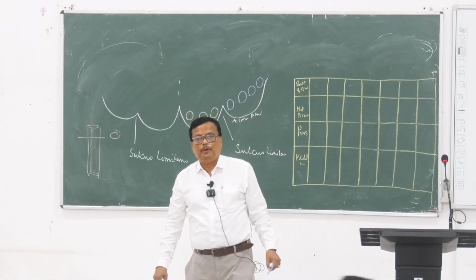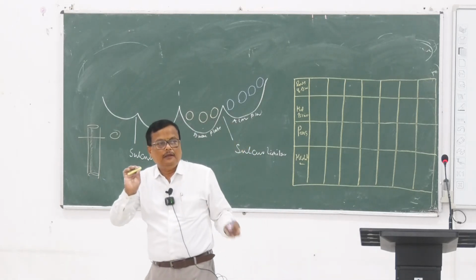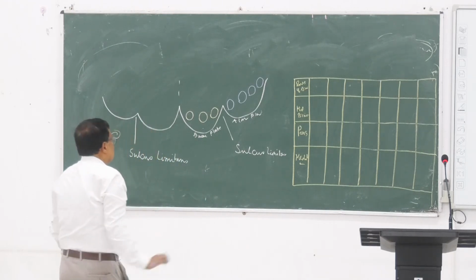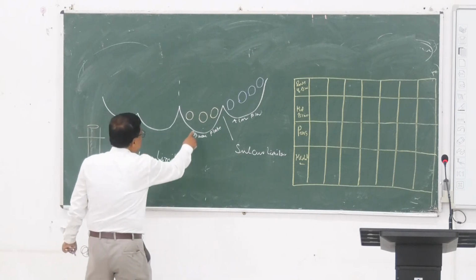So midbrain, pons and medulla, এইভাবে একটা টেবিল বানাবে। বাস, এখন থাক।